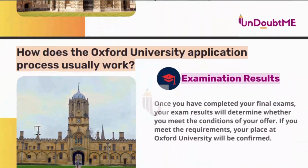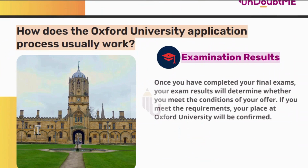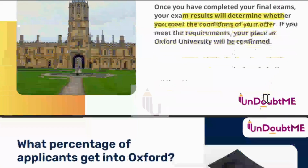And then finally we come to the results. Once you have completed your final exams, your results will determine whether you meet the conditions of your offer. Basically the A level grades will determine that. In the next part, we will be discussing